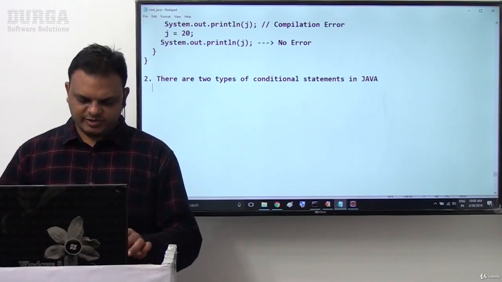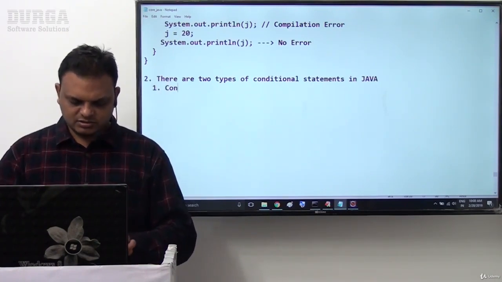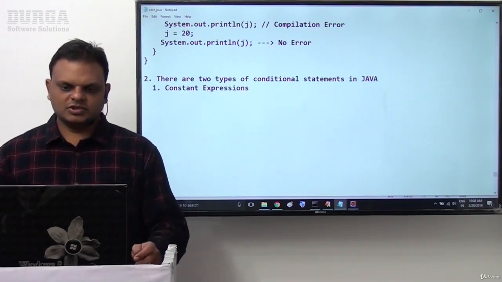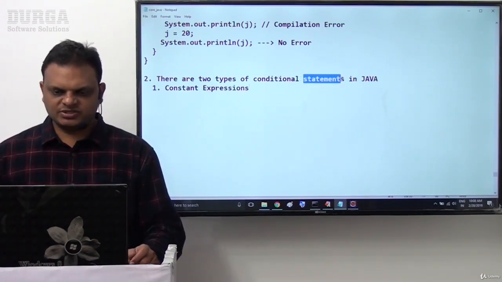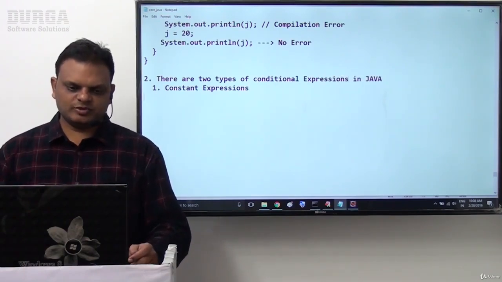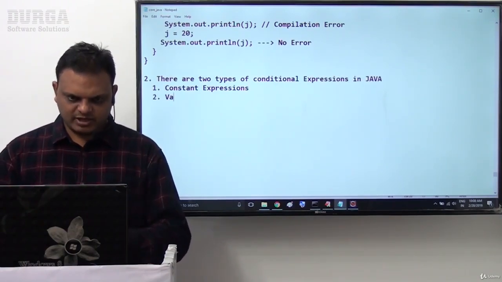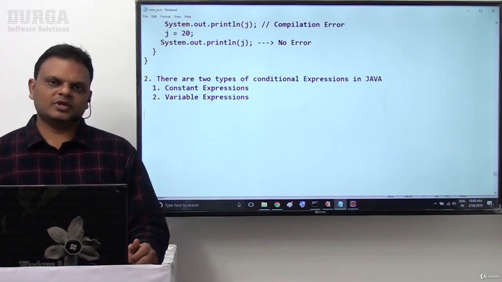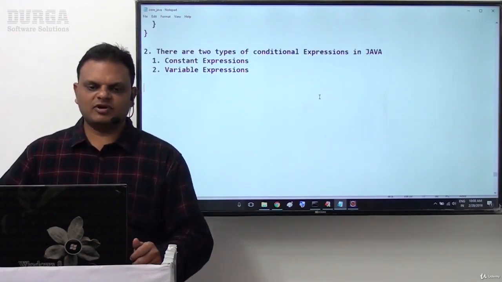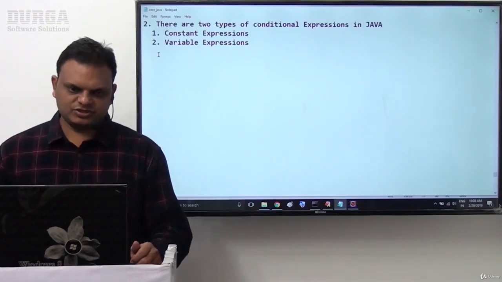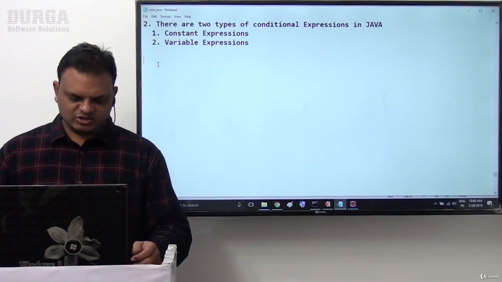One is constant expressions, and the second one is variable expressions. What is the meaning of these constant expressions?